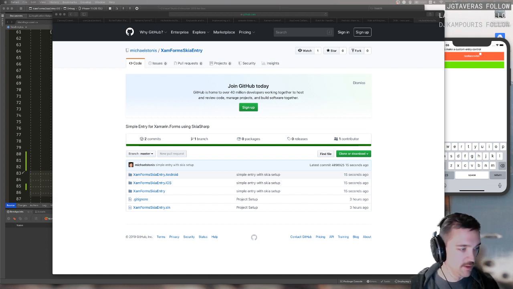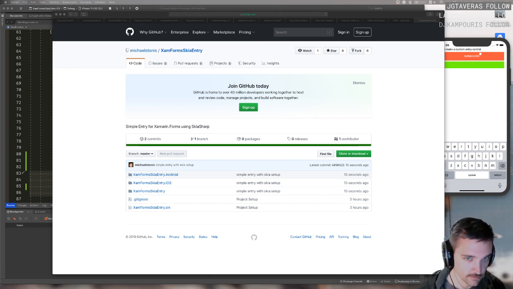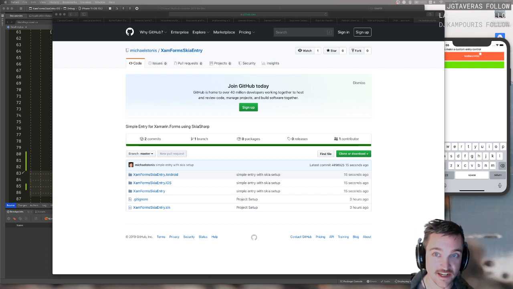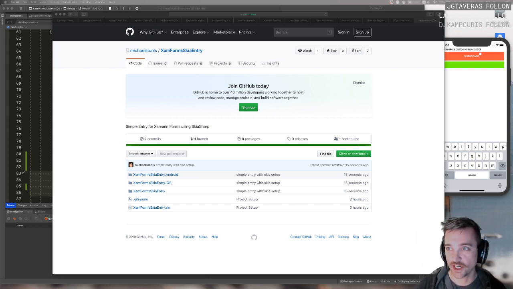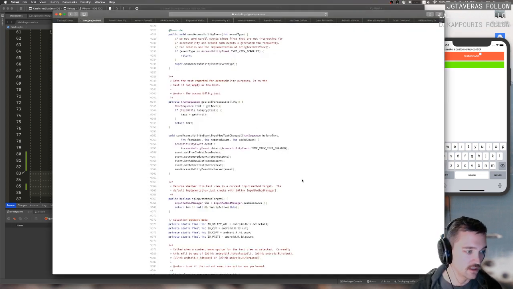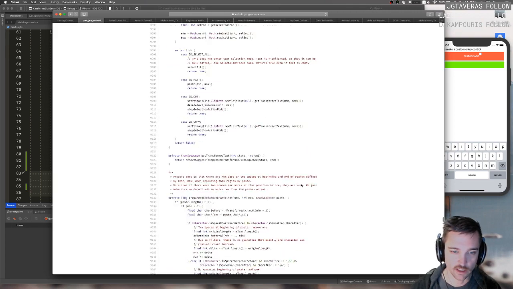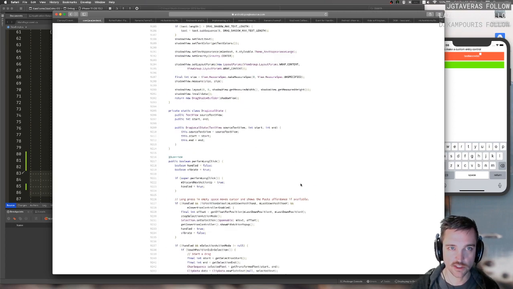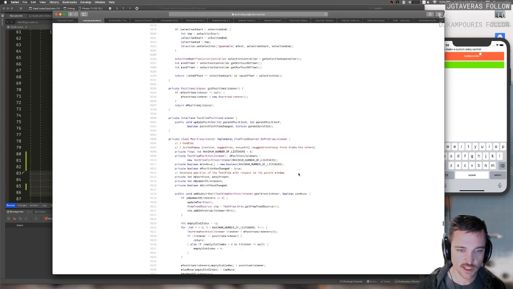Yeah, so you can go and grab this code, integrate it into your applications, make a simple entry, figure out how to make a cursor work, because I couldn't. At least not right now. I'll probably play around with this a little bit more. It'll drive me nuts. But yeah, you know, like I said, easy to get up and running, but don't forget, remember when we first started here today? We took a look at this monster, which was the text view for Android, and it's like